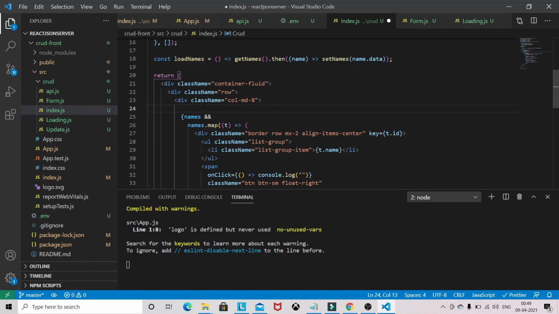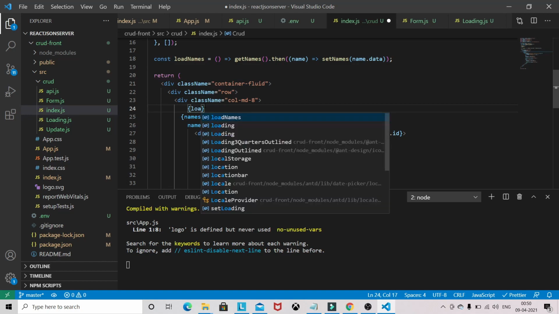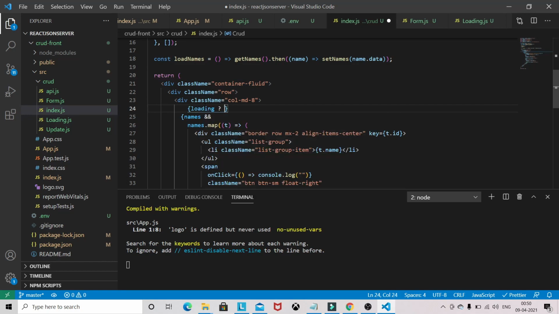So if there is a loading, then we will be loading the component as... okay, we will remove this one.